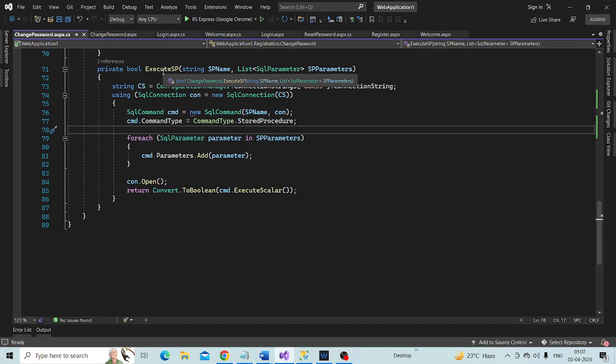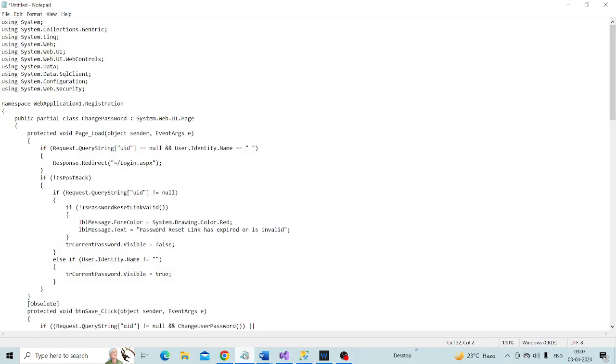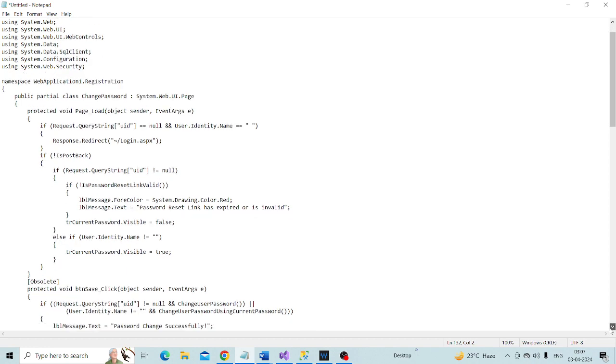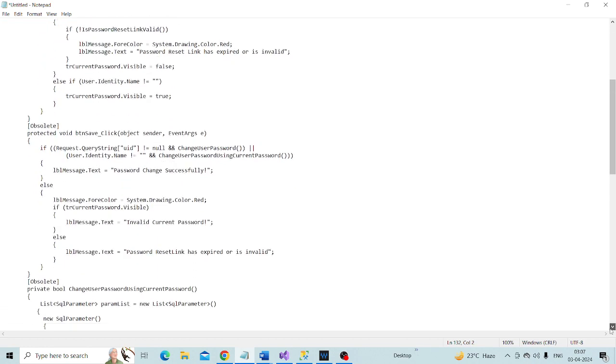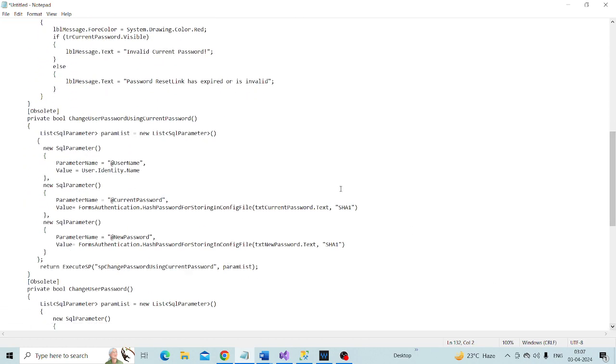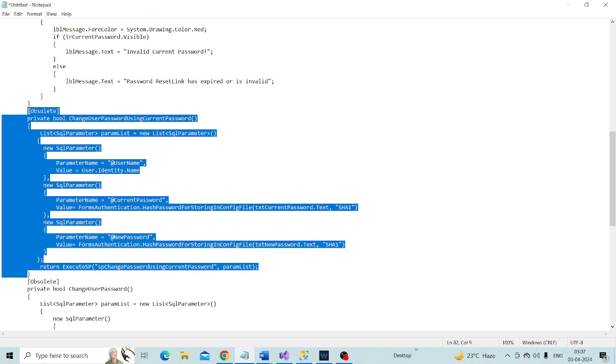So let's go ahead and copy the function. Go to the notepad and copy these lines of code,